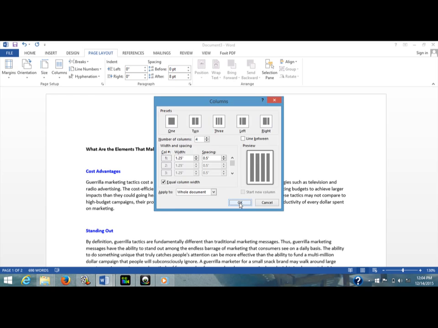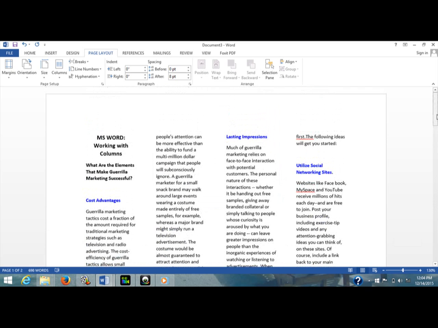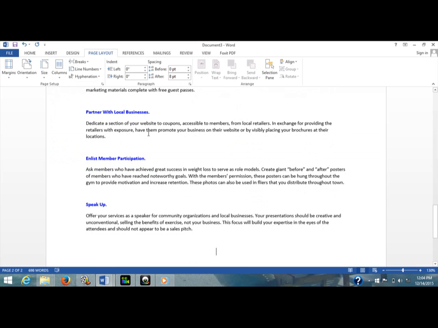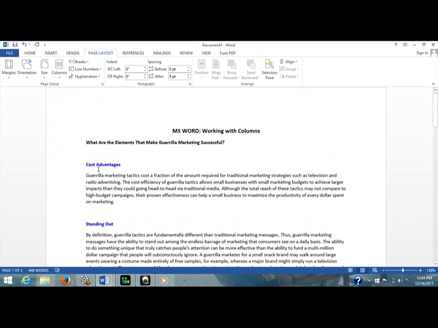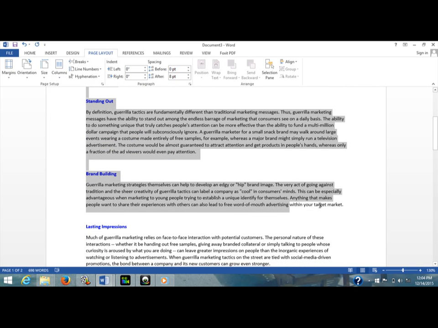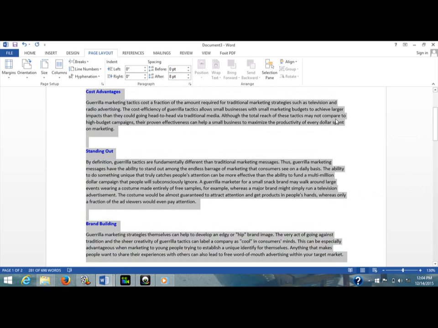And then if you only want a certain part of the document or just a paragraph, you still have an option to do that by highlighting that part first. Then follow the same process that we did a while ago by going to Columns command again and choose from the options.